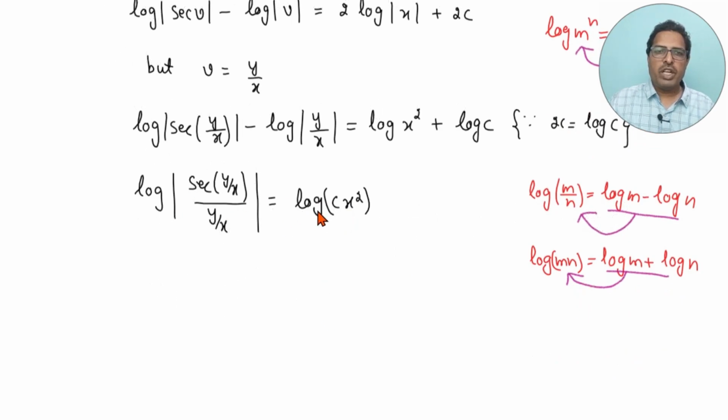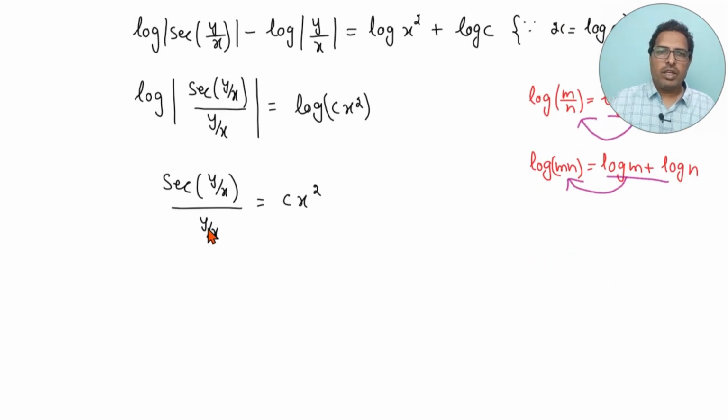So you can just eliminate this log from both the sides. So we will get secant of y by x whole divided by y by x is equals to cx square. You can cross multiply this y by x on the other side, it becomes secant of y by x is equals to cx square times of what? Y by x. One x will cancel out, will be left out with secant of y by x is equals